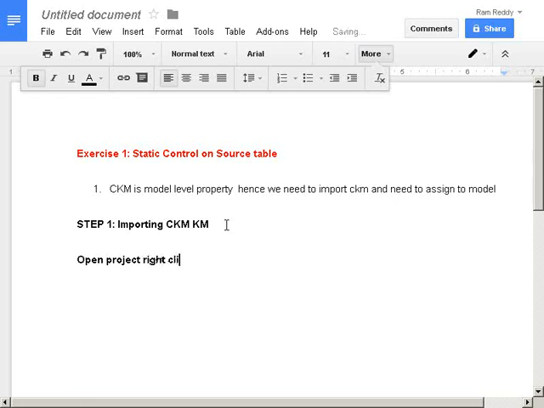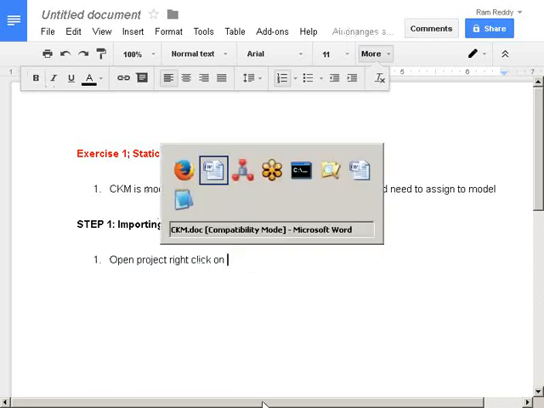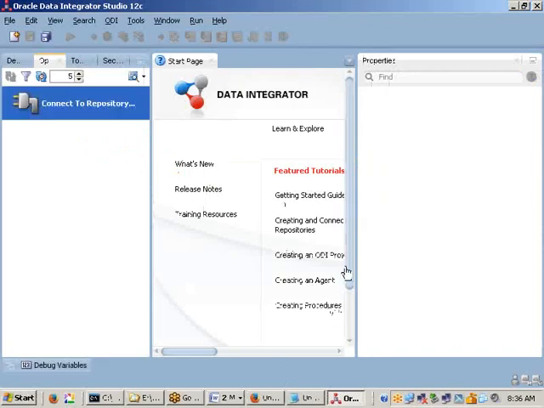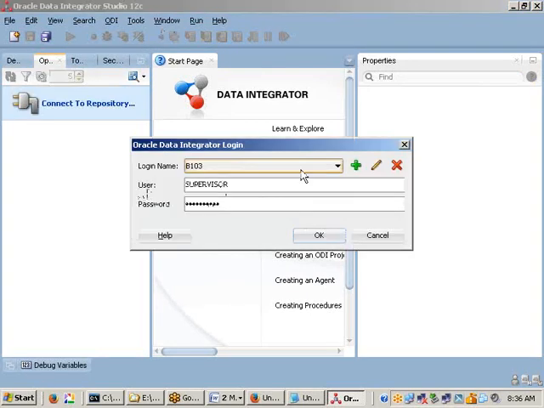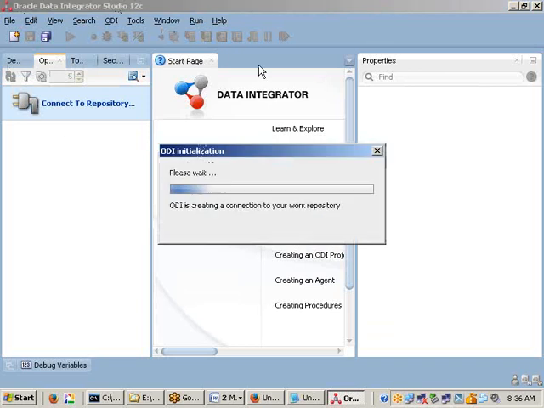Right click on the CKM knowledge module. I'm selecting B107.